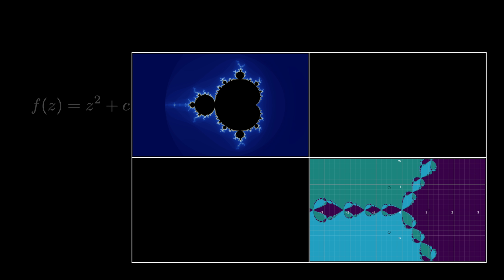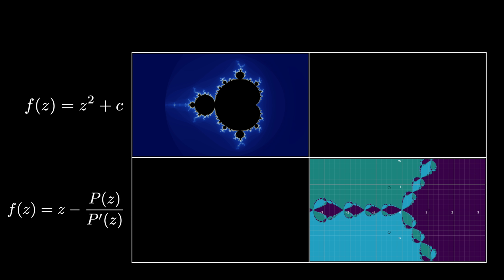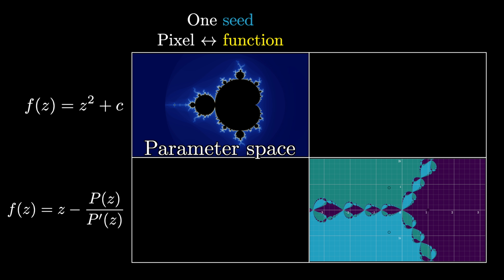Also notice, there's an important difference between how this Mandelbrot set and the Newton fractals we were looking at before are each constructed, beyond just a different underlying function. For the Mandelbrot set, we have a consistent seed value, z equals 0, but the thing we're tweaking is the parameter, c, changing the function itself. So what you're looking at is what we might call a parameter space. But with Newton's fractal, we have a single unchanging function, but what we associate with each pixel is a different seed value for the process.